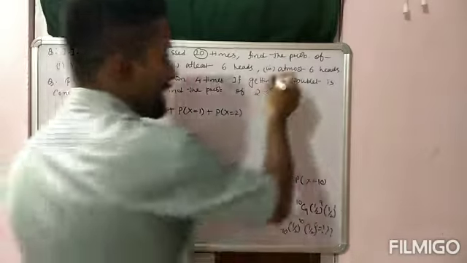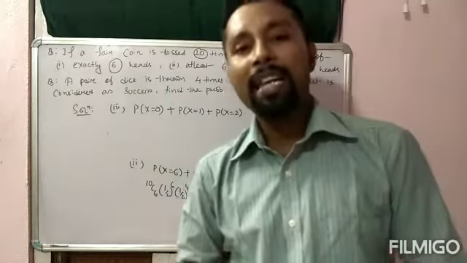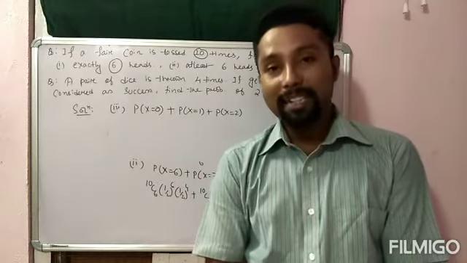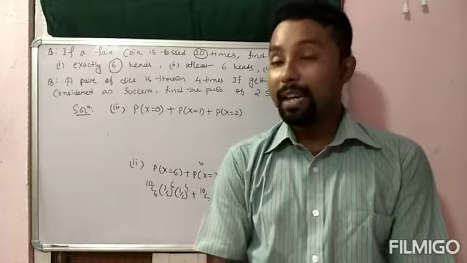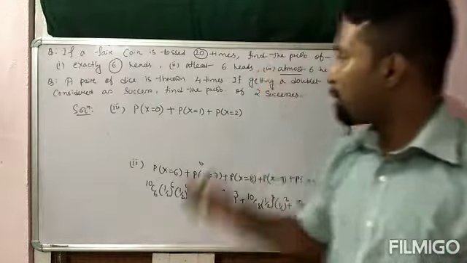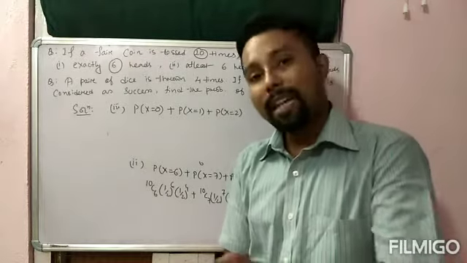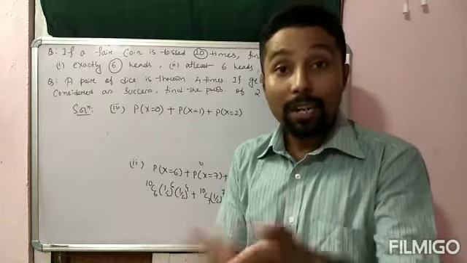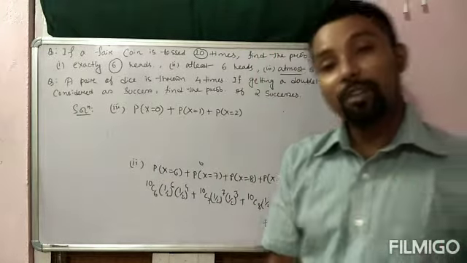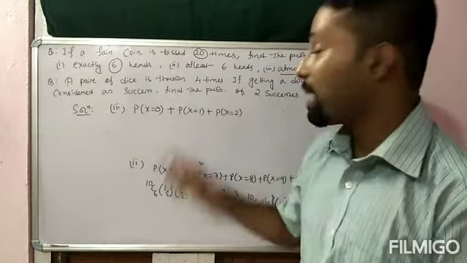So at most, in case of at most always you have to start from x equal to 0. Why? Because we are doing the chapter probability and probability means uncertainty. तो इसमें जो expect किया गया वो नहीं भी हो सकता है. तो यहाँ पे at most 6 heads के बारे में बोला गया. वो coin toss करने से क्या हमेशा head गिरेगा? Tail भी गिर सकता है. So अगर tail गिरा तो that means it is a failure. So in case of at most you have to consider the first value is 0. Don't start from x equal to 1.